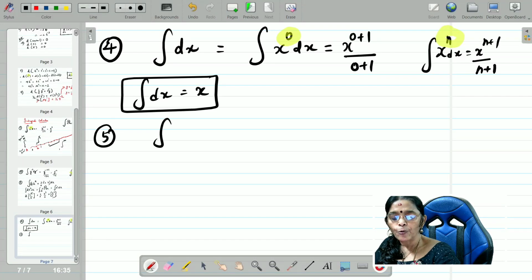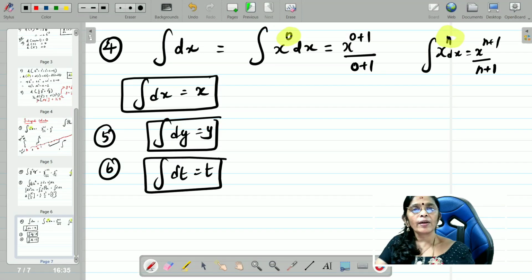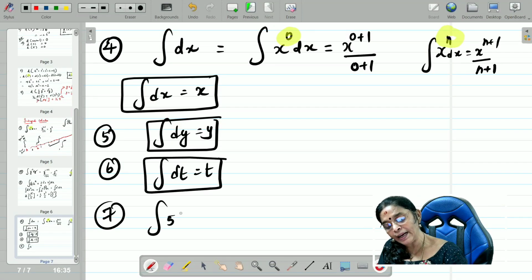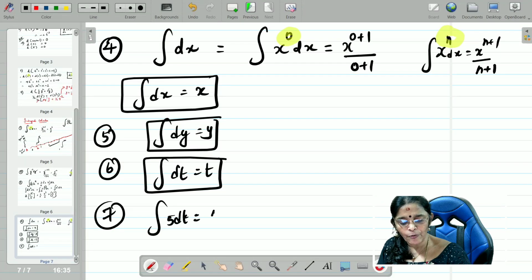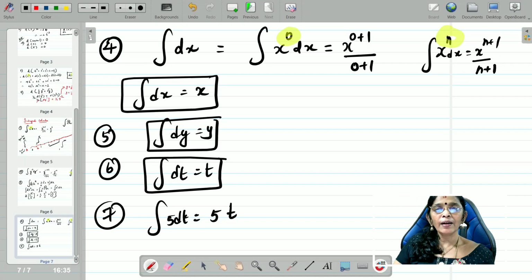Fifth one, therefore, integral dy is equal to y. Sixth one, integral dt is equal to t. You get it? That is all. Suppose if it is asked what is integral 5 dt, very simple, 5 take it out, then 5 into integral dt is 5t. That's it. Do you get it, children? Now,